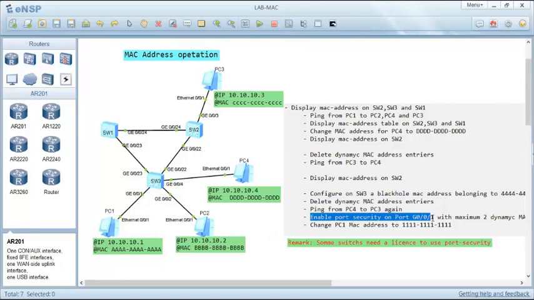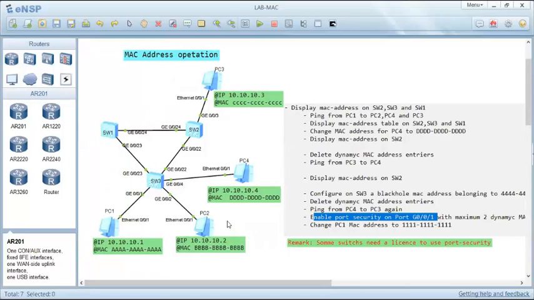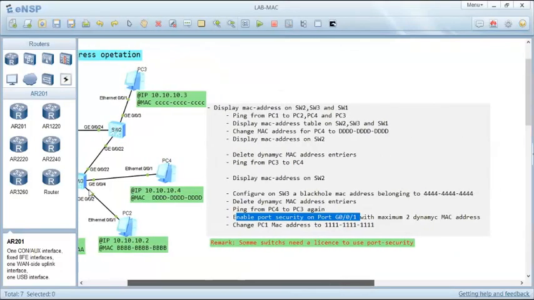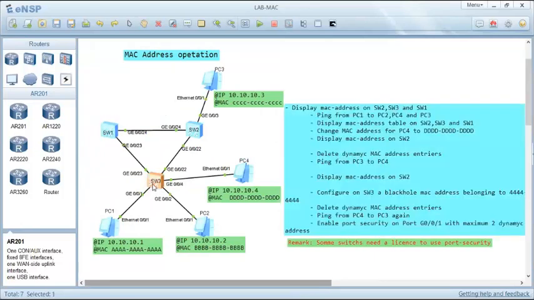So how to enable port security? In this task, I will take a look at this port, which is on switch 3, the GigabitEthernet port for the PC. Okay, on this port, I will enable port security. For example, if there are some PCs which can plug in here, I will activate